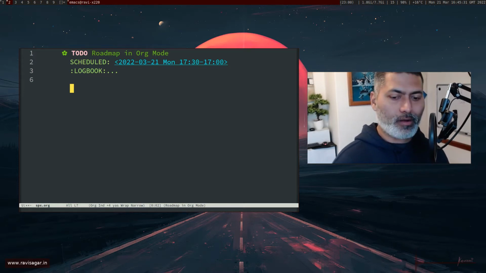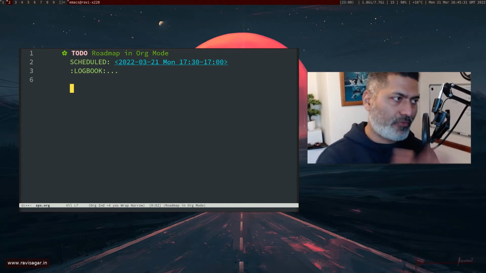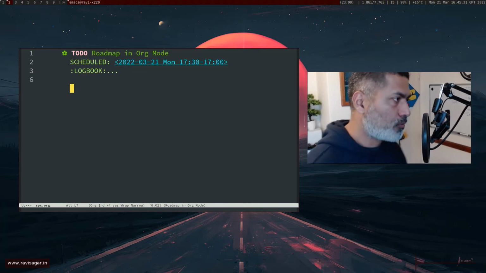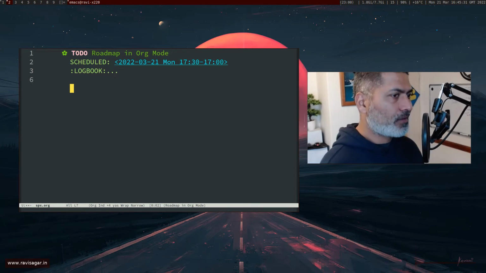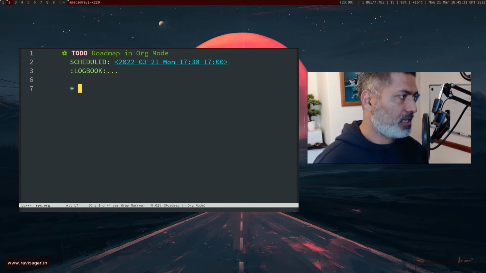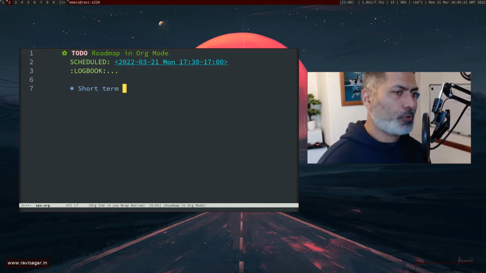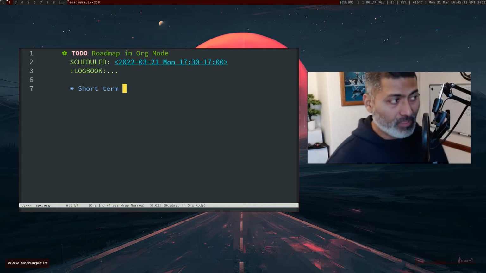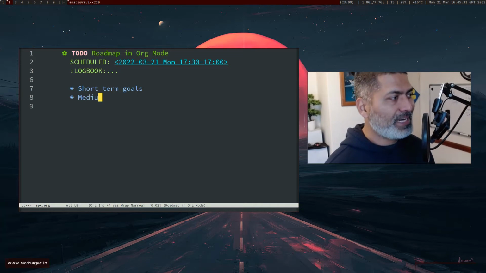Now, if you're talking about a plan, I should probably share what I do for planning my work, for planning things that I need to do. I usually start with a file. I have a file under my org mode agenda called goals.org, and usually in my goals.org file I have nothing but my goals, and I try to organize my goals mostly into three categories. So number one is my short-term goals, right? This is something that I want to do maybe immediately in the next few months. And then, as the name suggests, I will have medium-term goals